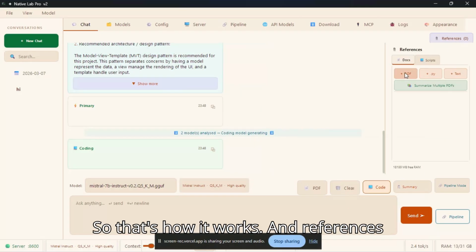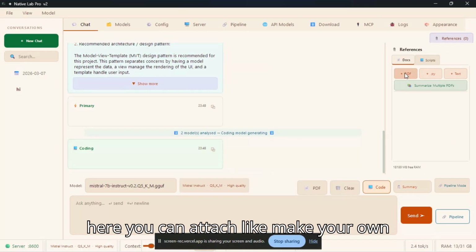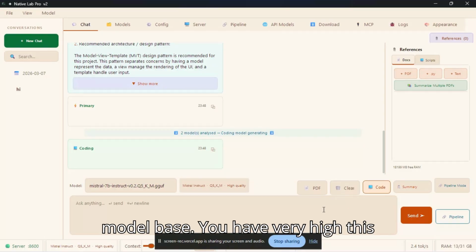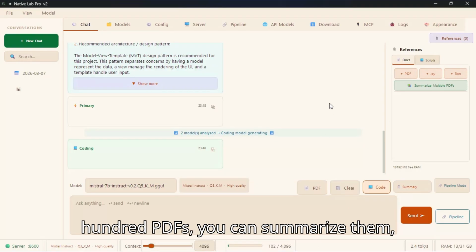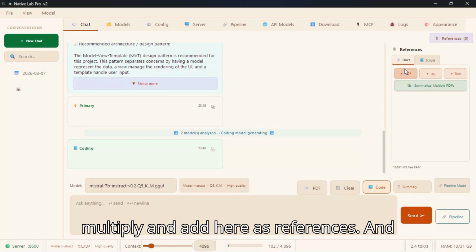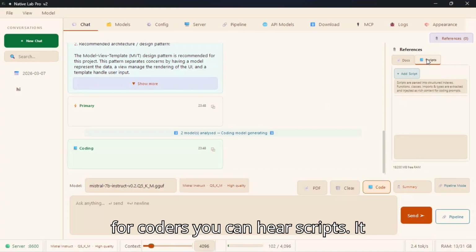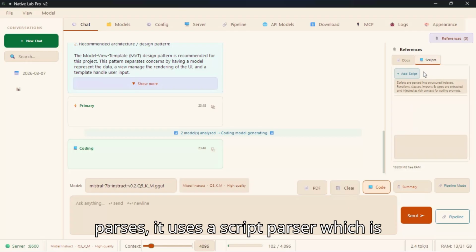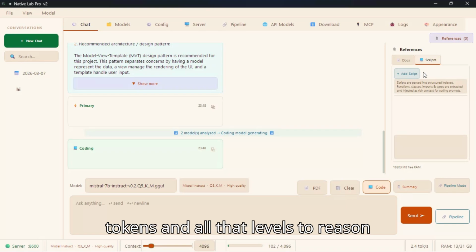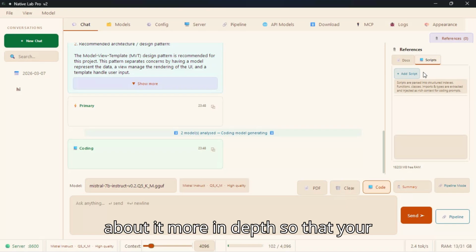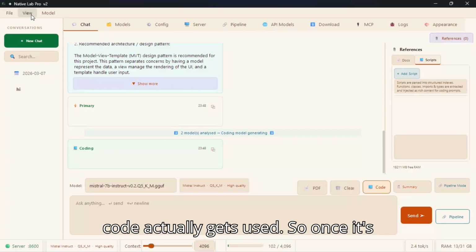And references, here you can attach, like make your own knowledge base. If you have very high requirements and very large PDFs, like 200 PDFs, you can summarize them multiple times and add them here as references. And for coders, you can add scripts here. It uses a script parser which is inbuilt to divide your script into tokens and levels to reason about it more in depth, so that your code actually gets used. So once it's done here,